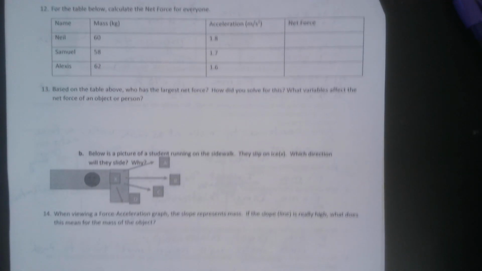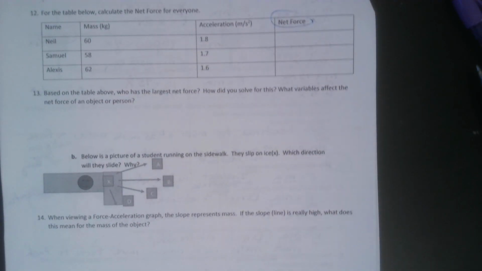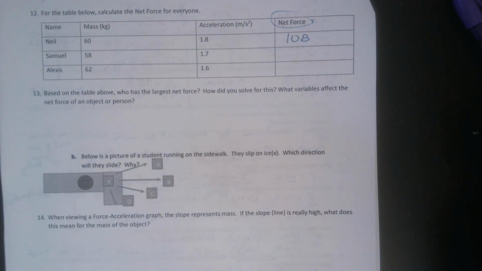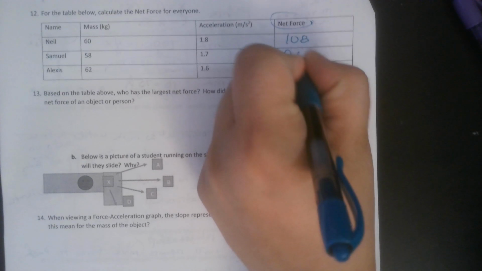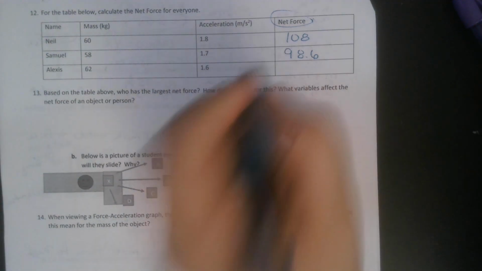Moving on to question 12. For this one, I want you to calculate the net force for all of these. So multiply mass and acceleration. 60 times 1.8 is 108. 58 times 1.7, 98.6. And then 62 times 1.6 is